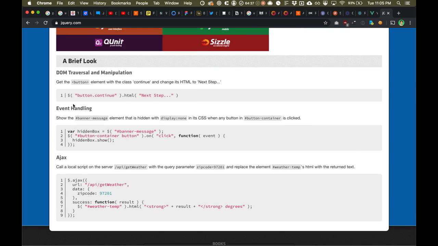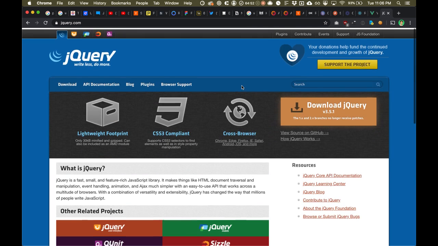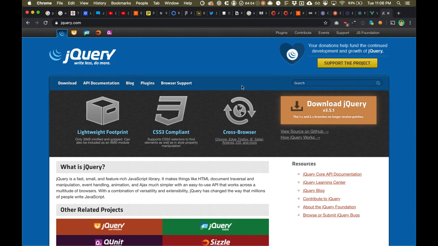I would say if you can not work with it, then don't, right? But if you're doing some things that are a little bit complicated and you just want a really easy way to do it, jQuery is not a bad idea. It's used by something like 70 or 80% of the top websites out there. So you're not in bad company. And anyone who frowns on it, they just don't get it, right?